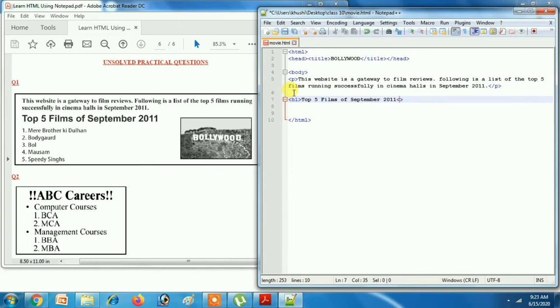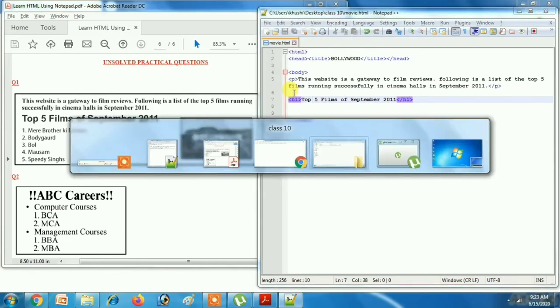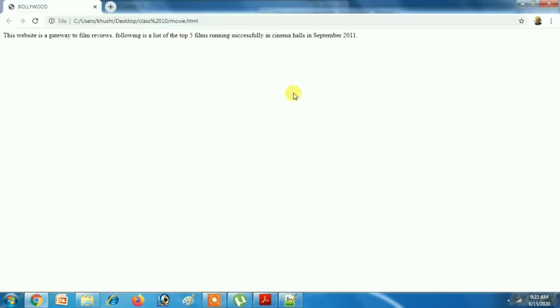H1 closed. Okay, now let's see it in the web browser. This is it. Got it? Now I think it is same as we want.